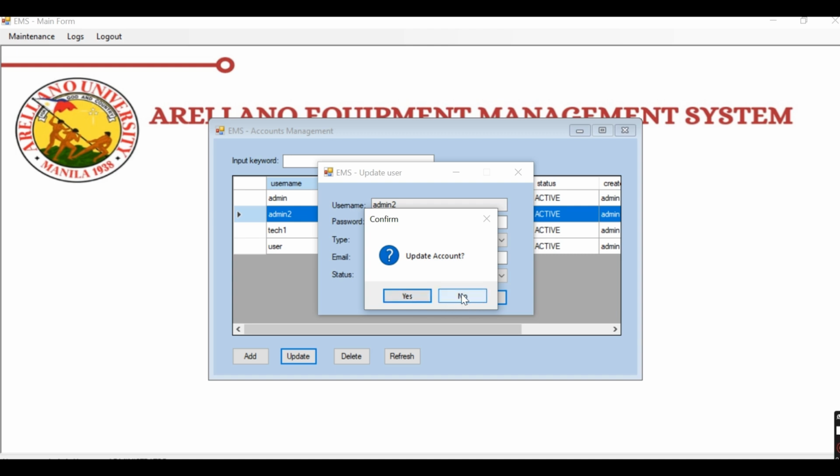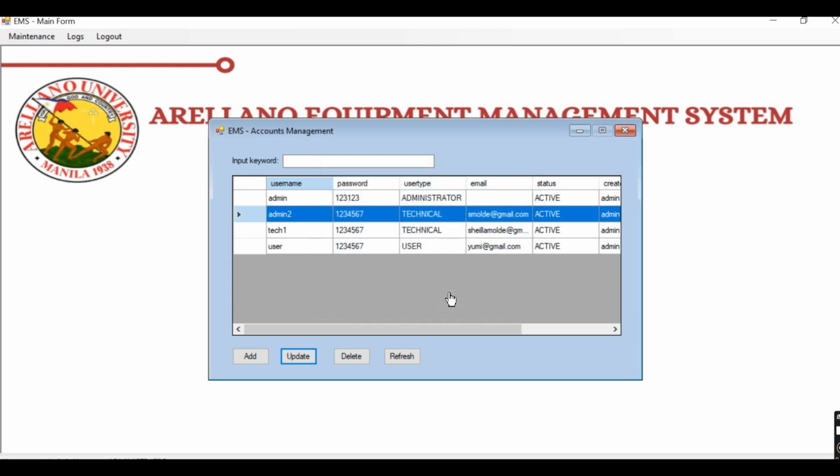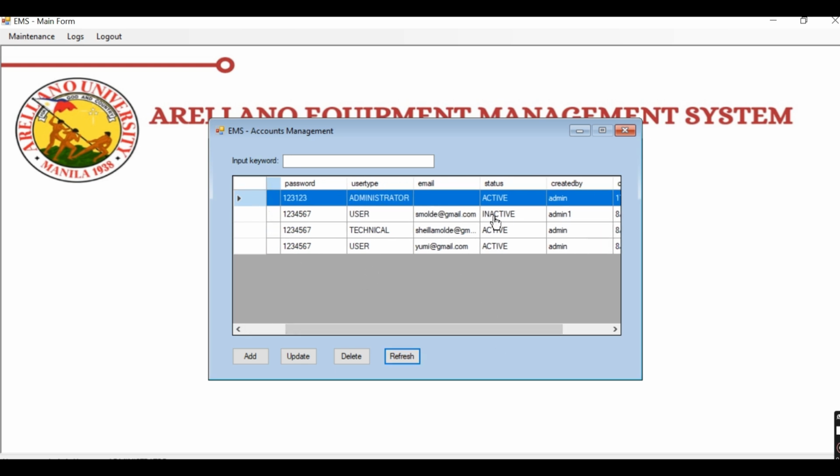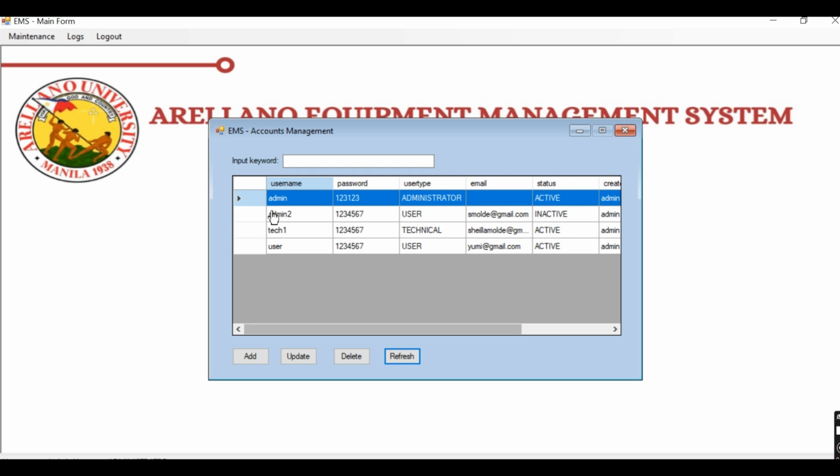If no, you can just click no. But now we're going to click yes. Account updated. Just click OK and then refresh for you to see the update that we did. As you can see here, it's now inactive, and the user type changed to user from technical.